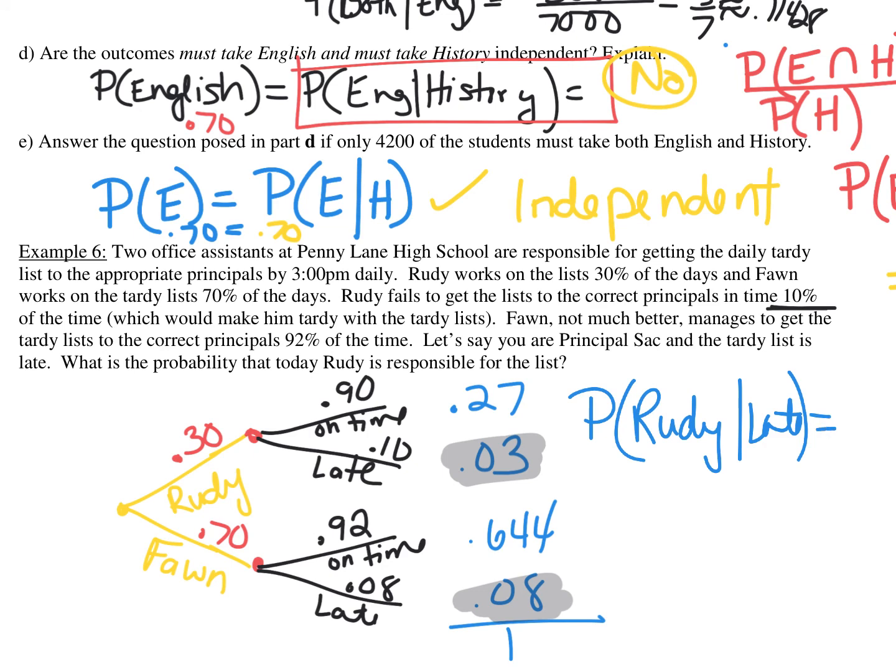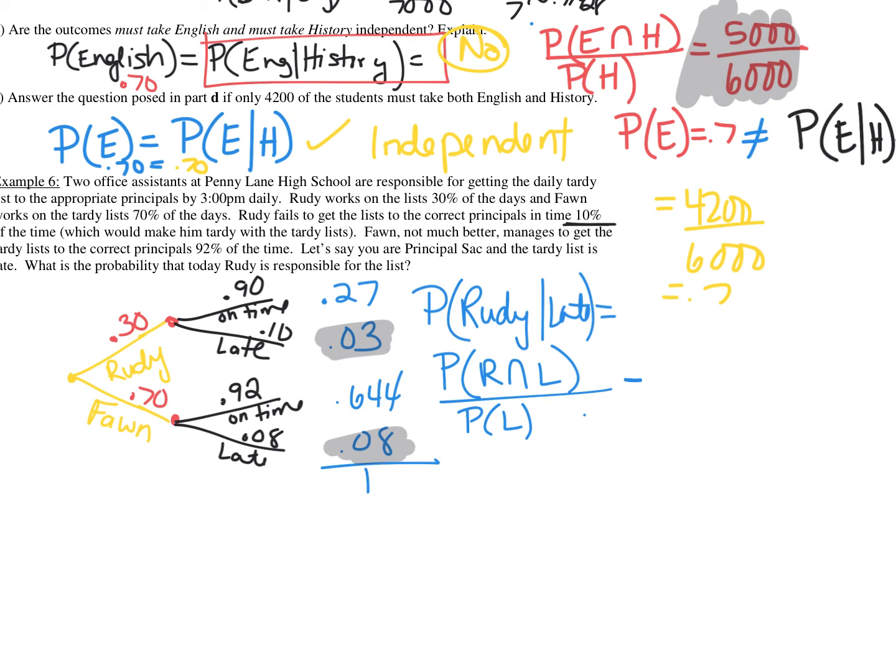We don't have to overthink this. Go to your formula sheet. That's the probability of the intersection, I'll use R for Rudy and late, given that you're late. What's that equal to? Well, the intersection of the two, Rudy and late, would be the 0.03 over the probability of late, which would be the sum of